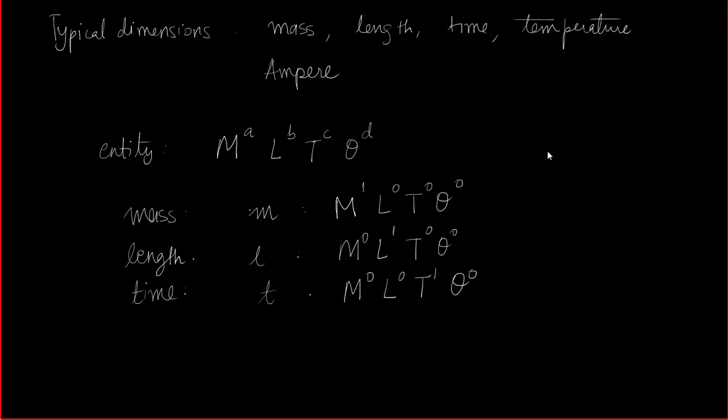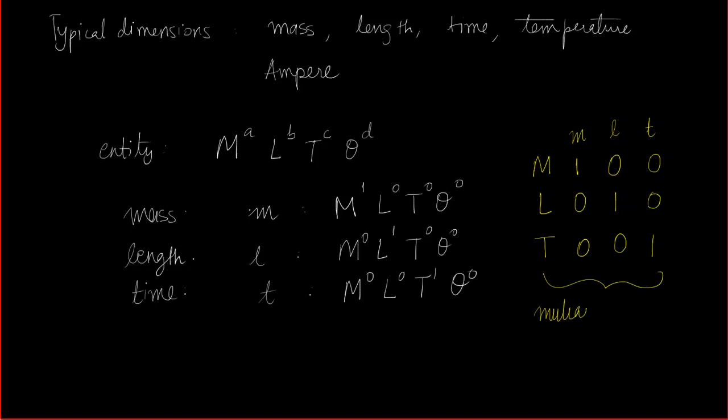So we can represent this in a very convenient manner in which we can write down the dimensions capital M, L, T in a columnar fashion, and we can write down the dimensions for mass, length, and time, and it is 100, 010, 001. I have written them in columnar fashion,